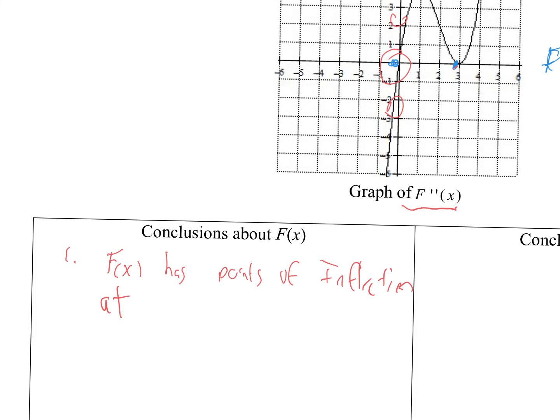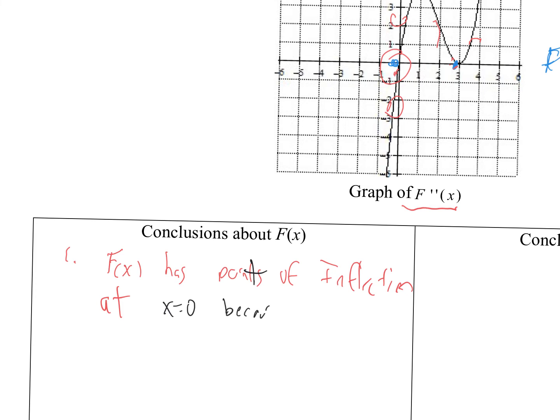This one is not really a point of inflection because it was concave up and it's still concave up. So all I can really address is that x equals 0. Point of inflection, so I better take off the s. It's just 1 point of inflection at x is 0